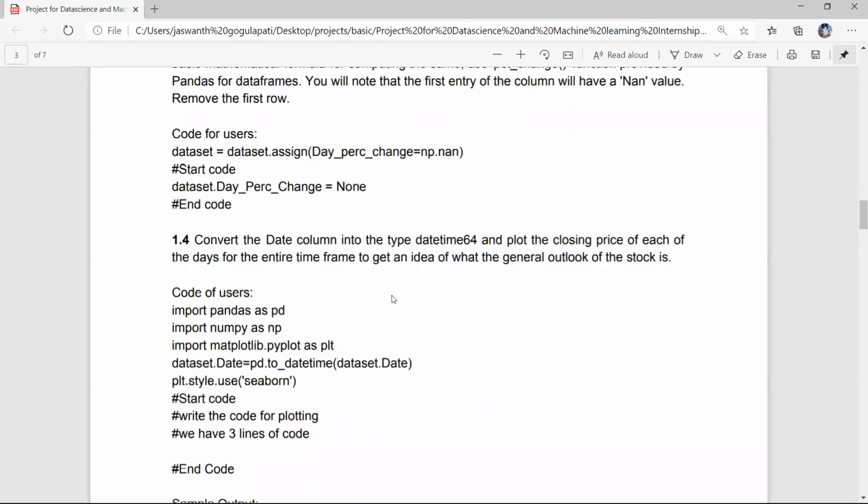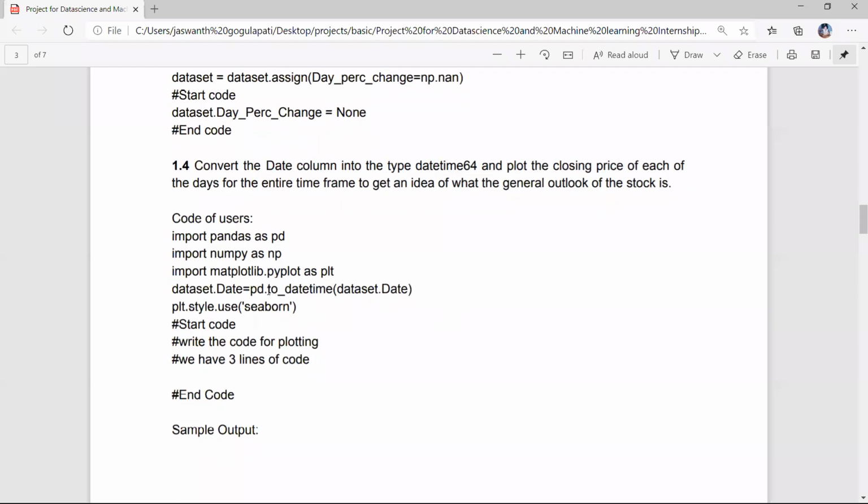we are analyzing or manipulating time series data, you need to convert the date column. There is a column called date. We need to convert it into a type called datetime64, because when we don't convert it, it will be in a string type. So it is very difficult for manipulations, for drawing predictions and everything. So we need to convert the date column into datetime64 when we are analyzing any stock trade or anything